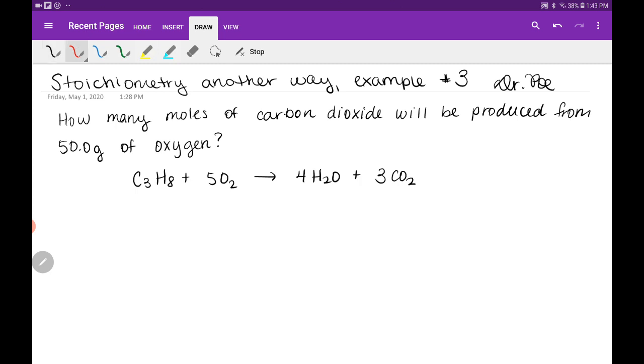Okay, so we know that we need to write out the given, because this is a stoichiometry problem. We're comparing two different chemicals, carbon dioxide and oxygen, and we have an amount or a mole of each. So we want to know how many moles, and we were given 50 grams of oxygen, and we're looking at carbon dioxide. So carbon dioxide is here, oxygen is here, and our given here is 50.0 grams of O2, which is oxygen, and our mole-mole ratio